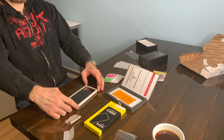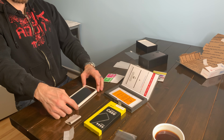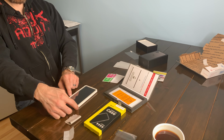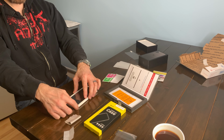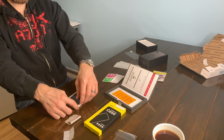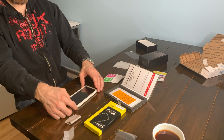Yeah, it's not a great fit. The plastic guide is actually not big enough to accommodate the glass, but if I try to wiggle it in there,